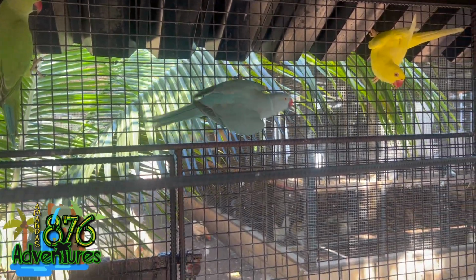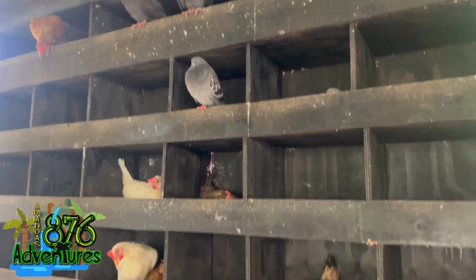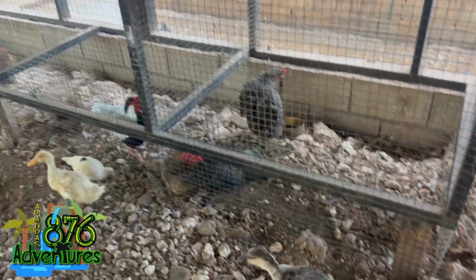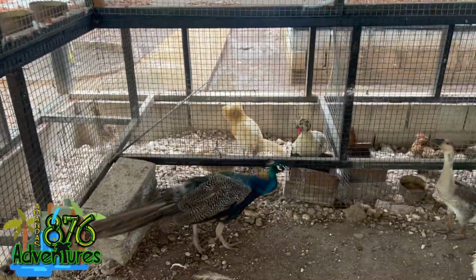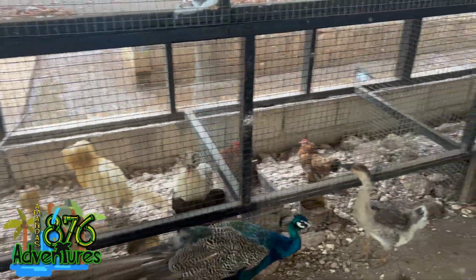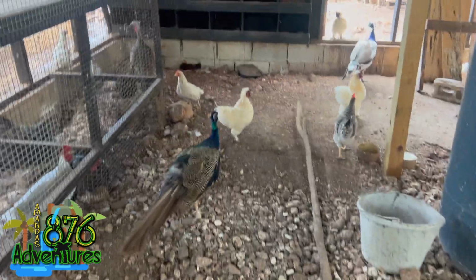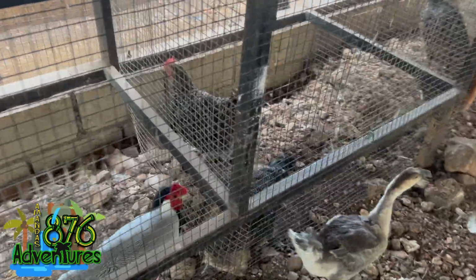These are the Indian ringneck parakeets. So, I'm learning a lot about the different birds, and I'm showing them to you as well. They also have this little area with all the different chickens, ducks, geese, the fancy dandy chickens and all of that. And funny enough, out of all of these birds that I showed you,